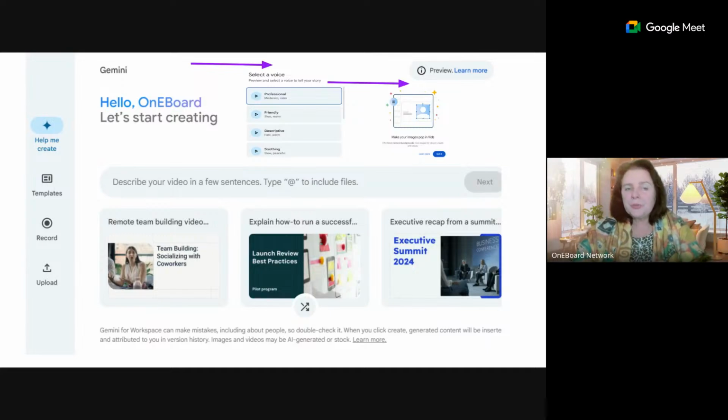You can use voice generated by the artificial intelligence, Gemini, with Google Vids, and you can also record your own voice. I've used it for reports where I can easily